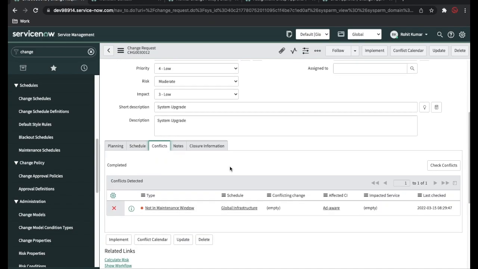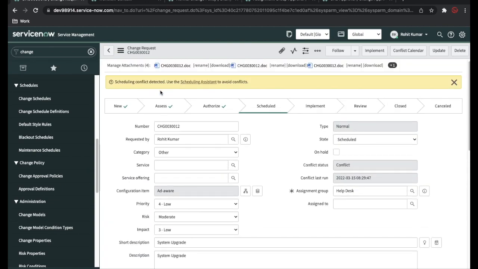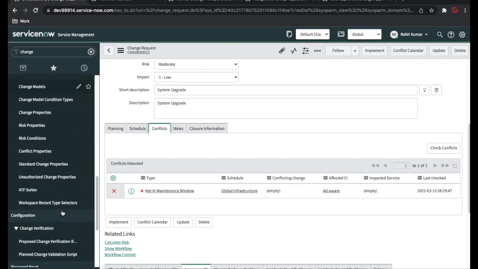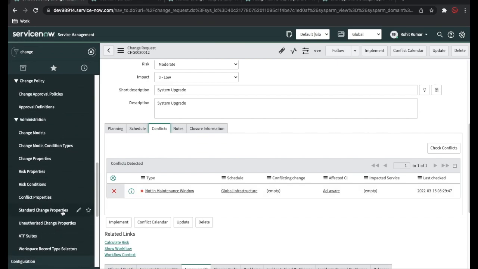option. Here you can see one conflict it detected, and what the conflict is saying is that it is not in the maintenance window. So we have two more things called maintenance window and blackout window. Each CI has a maintenance window. You cannot schedule any unnecessary change on any of these dates. In that case, it will generate a conflict. So if you see that global, it generates a not in maintenance windows conflict, and which is from the global